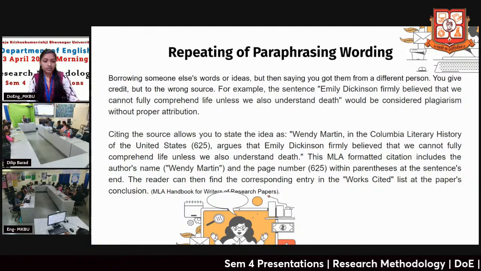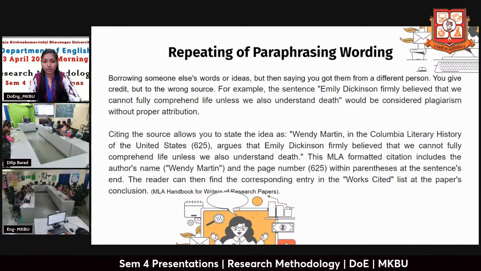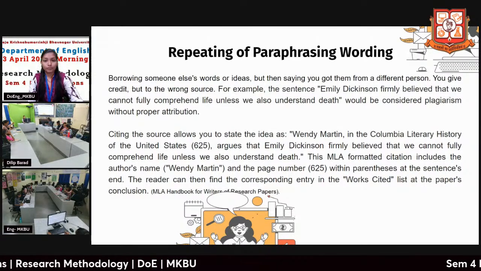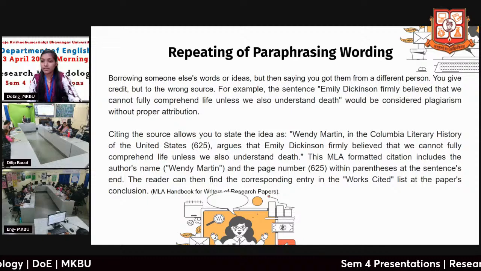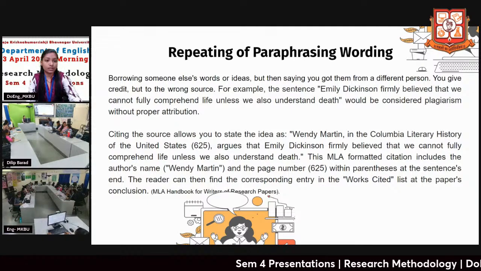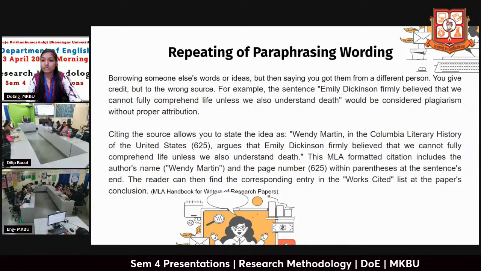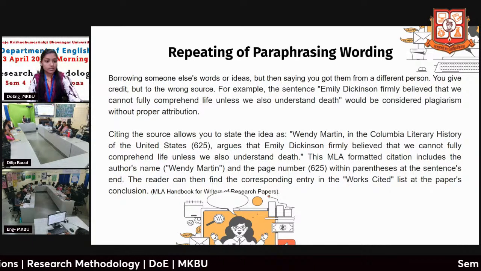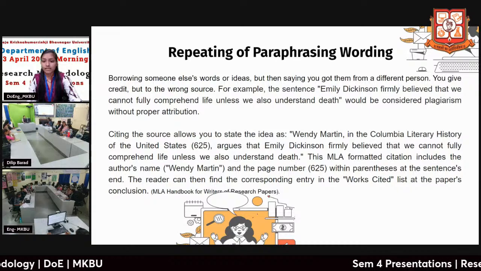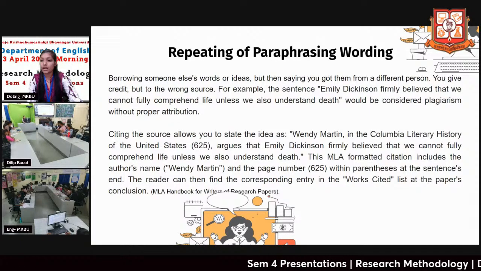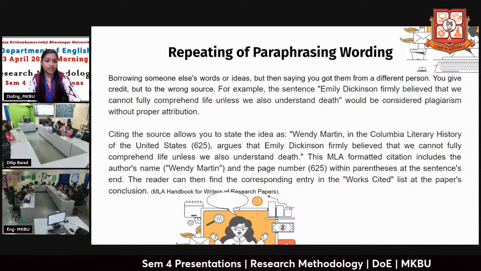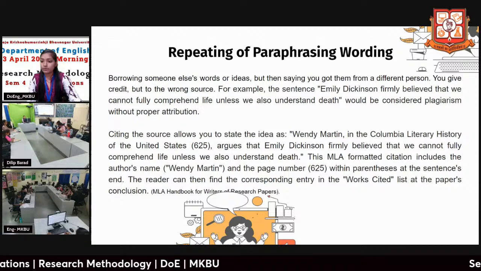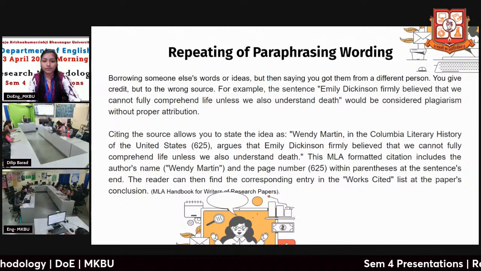Here in the MLA Handbook for Writers of Research Papers, there is an example given for this form. The sentence "Emily Dickinson firmly believed that we cannot fully comprehend life unless we also understand death" would be considered plagiarism without proper attribution. Citing the source allows you to state the idea as: Wendy Martin, in the Columbia Literary History of the United States, page number 625, argues that Emily Dickinson firmly believed that we cannot fully comprehend life unless we also